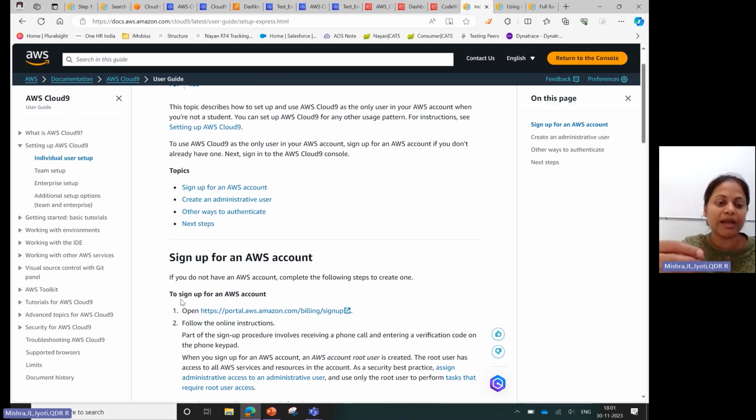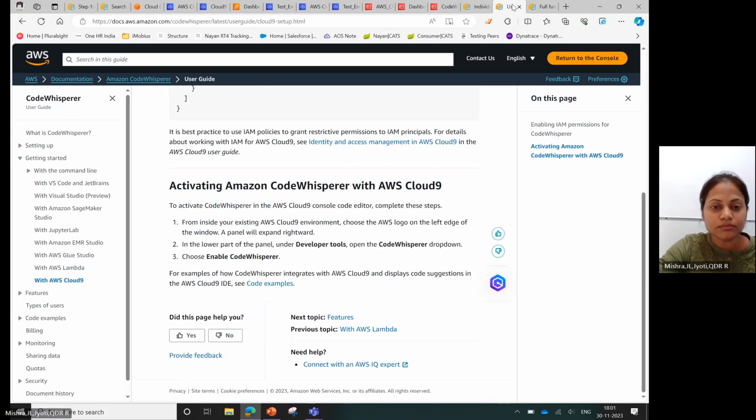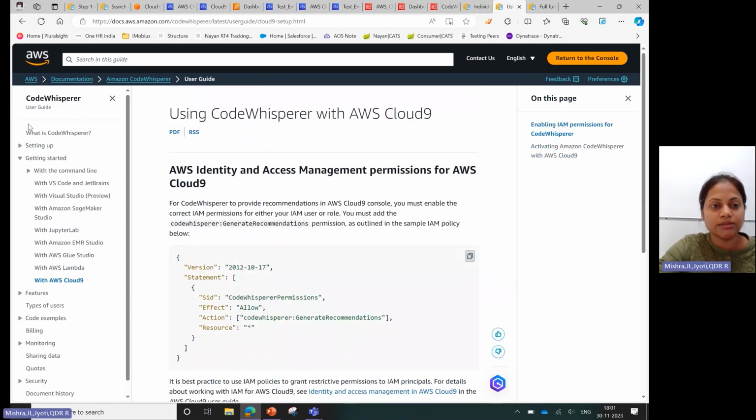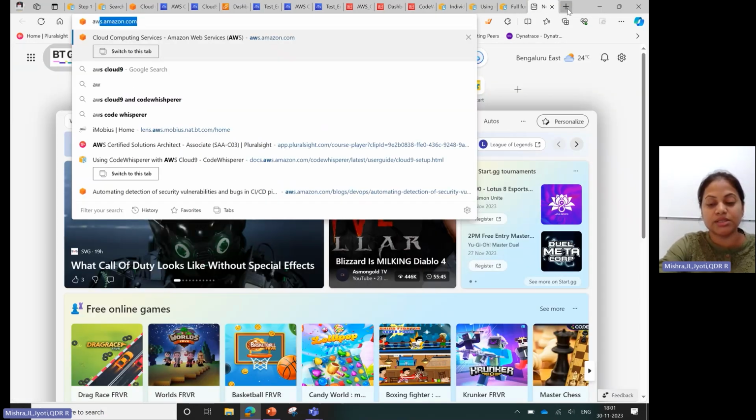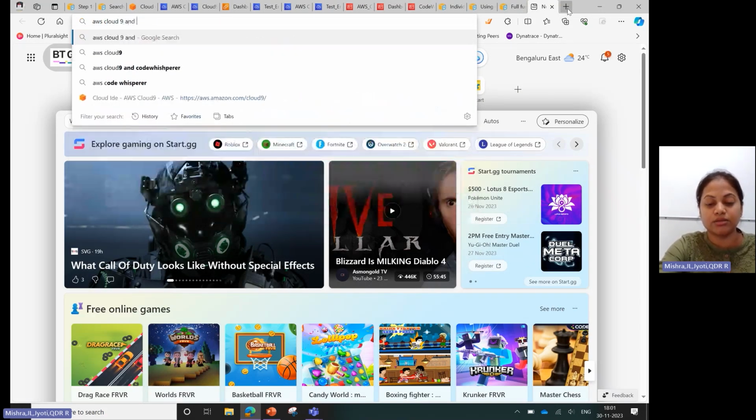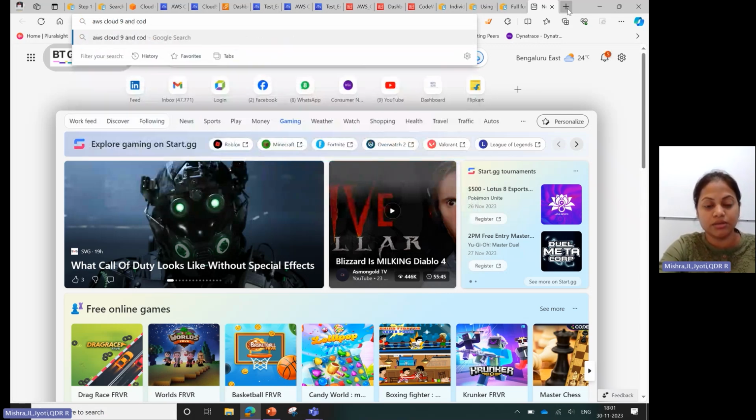This setup might vary. For now, I have done the setup for me to access that environment. And if you search AWS Cloud9 and CodeWhisperer,